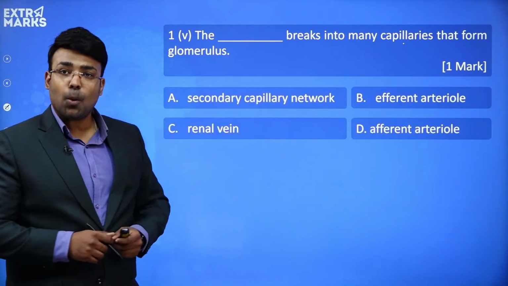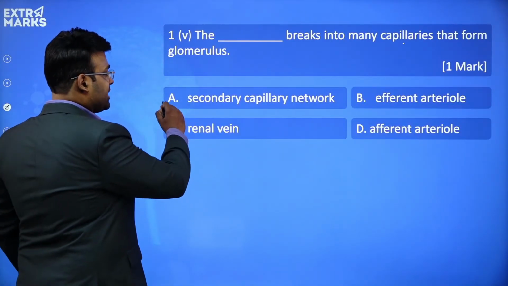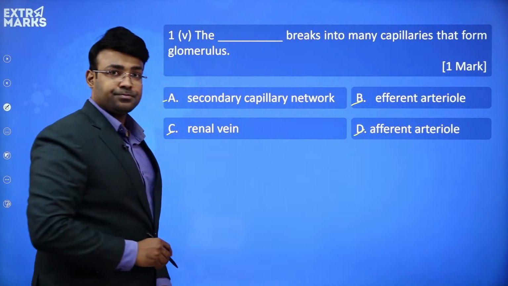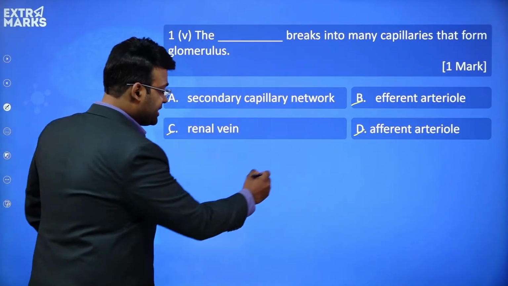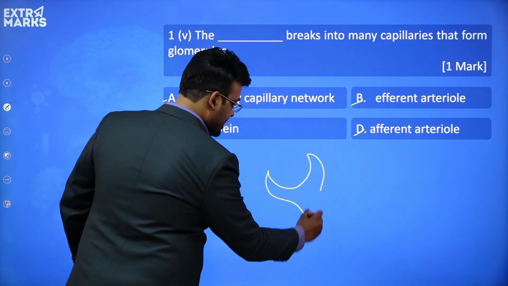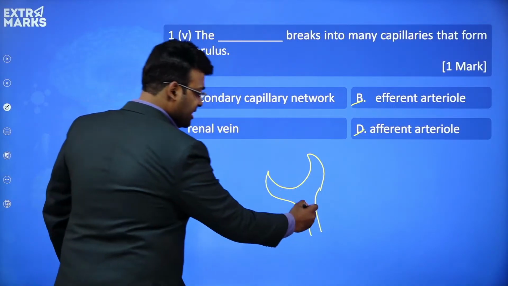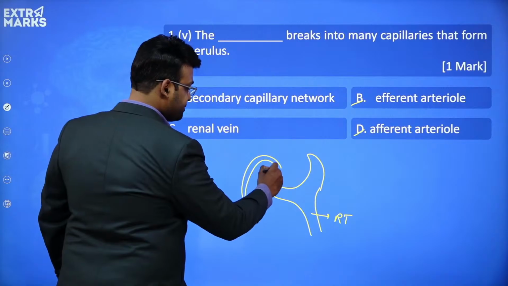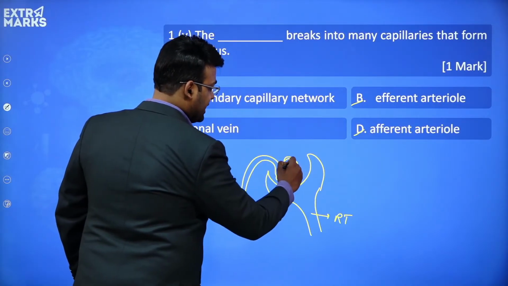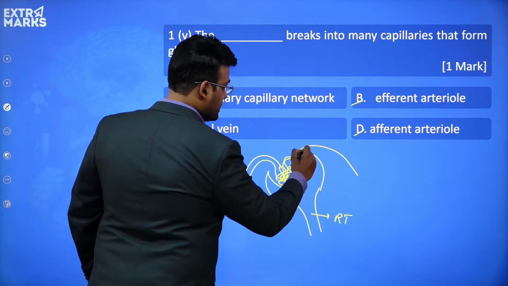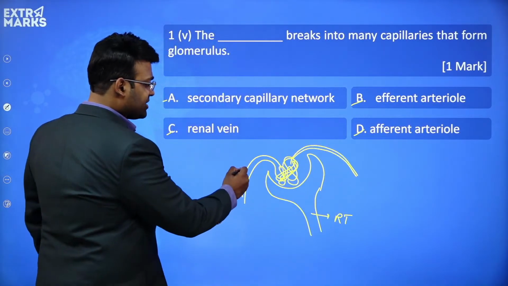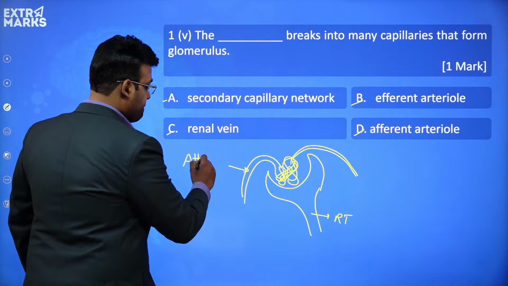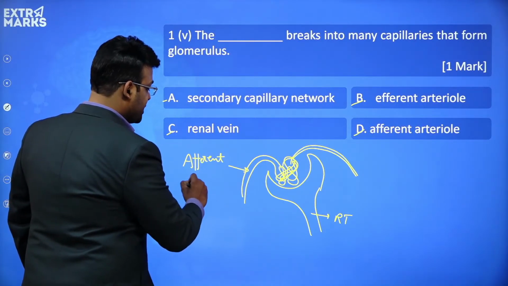So everyone, here are the options in front of you. Secondary capillary network, efferent arteriole, renal vein, efferent arteriole. So we all know that if this is the Bowman's capsule and this is the renal tubule, one of the tubules is going inside, forming a cluster, and then coming outside. I have made some difference here. You can see this one is thicker, this one is smaller. So this one over here is the afferent arteriole,